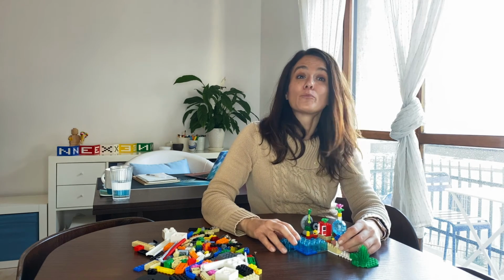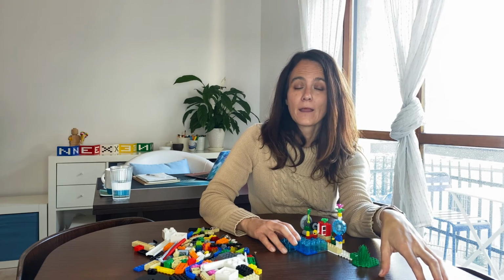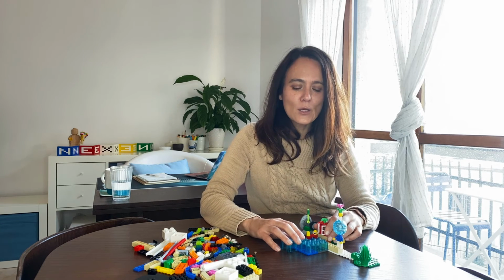If you have enough bricks, build each of the 3 models that I'm challenging you with and keep it. If not, build each model in sequence and then take pictures of it. Or maybe take a video of yourself explaining what it means to you. That would be even better, and so that you have a reference. So here are the 3 challenges. First one,